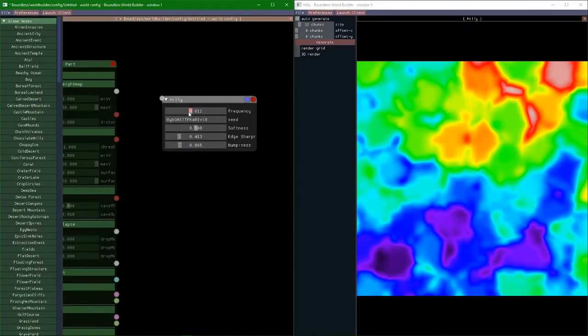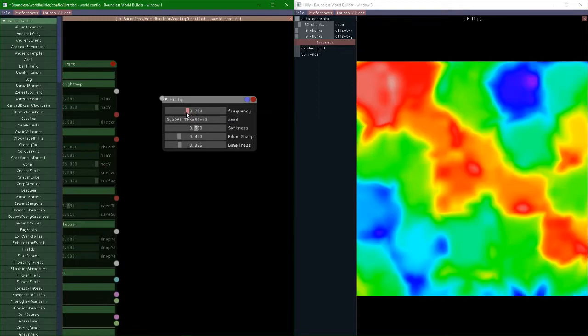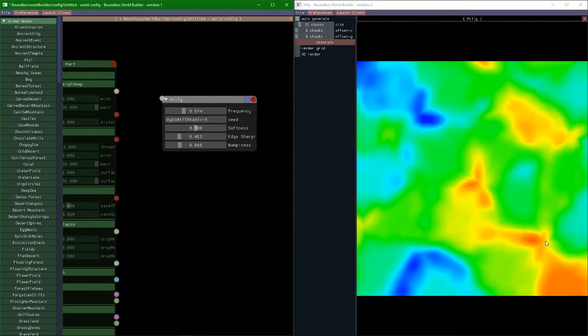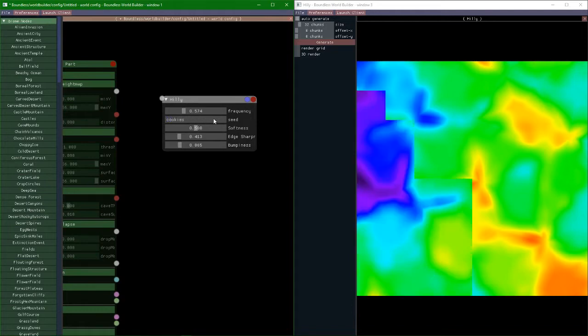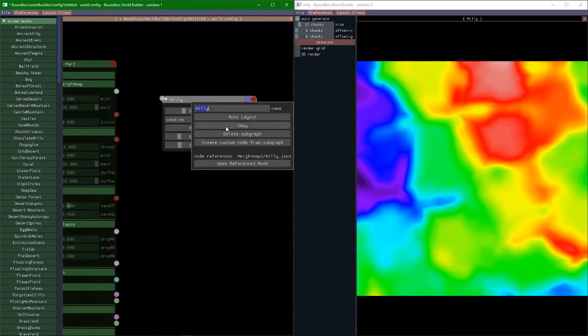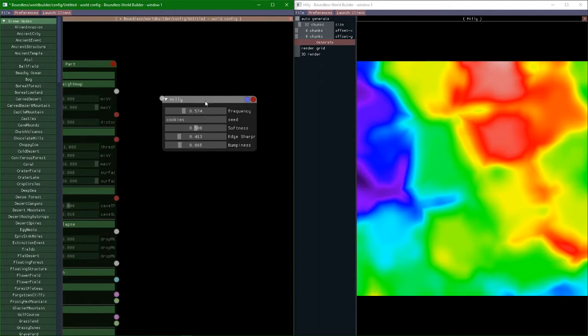And for example, if I change the frequency to a little bit higher, you see it will update, and you'll also see that frequency means how big or how small is the generation. The seed is just a random seed. I mean, I can place cookies in here. And if I now copy this and paste it,